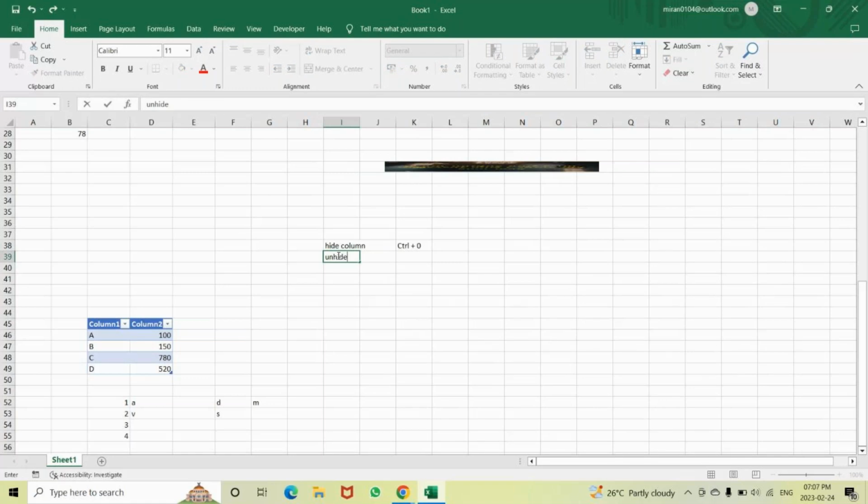Unhide column, the shortcut key is Control Shift 0, but we don't say it as 0, we say it as close bracket. Okay, and then hide row. Hide row, so it is Control 9. Yes, Control 9. And to unhide the row, it is Control